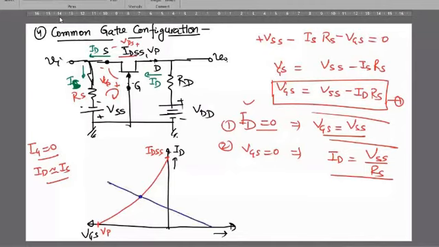In the case of a transistor, the DC load line was passing through the active region. So here we also draw the DC load line like that, and it must pass through the center of these characteristics. And this point is known as the Q point. Whenever VGS equals 0 volt, this is called ID equals to